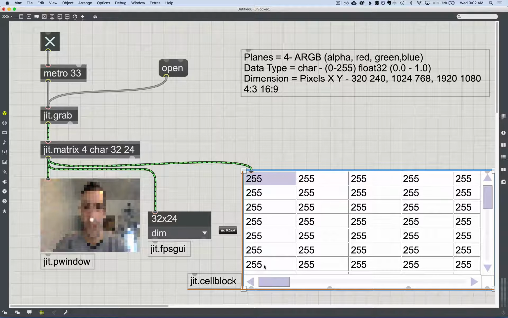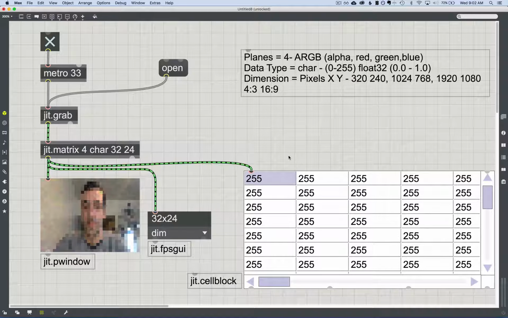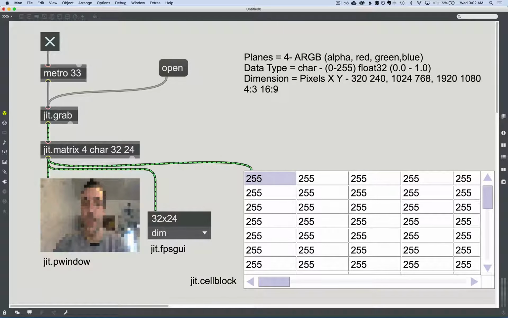And right now, not a lot is happening. We're seeing 255, 255, 255. And it does correspond to something. We have our char data, and we know it's 0 to 255, so I can grab this slider here and look through every single pixel. And this is a representation of 32